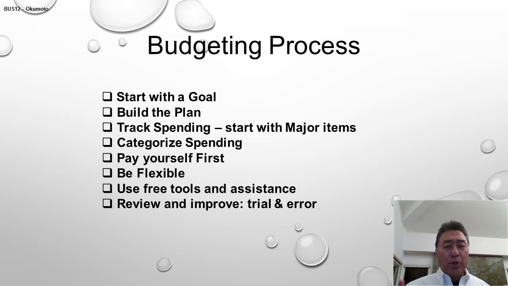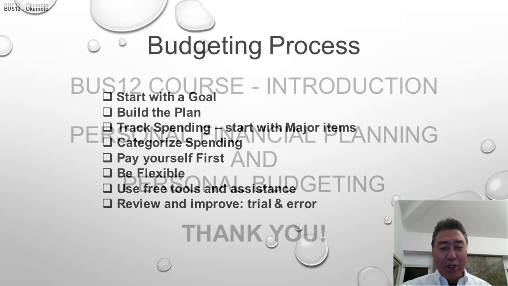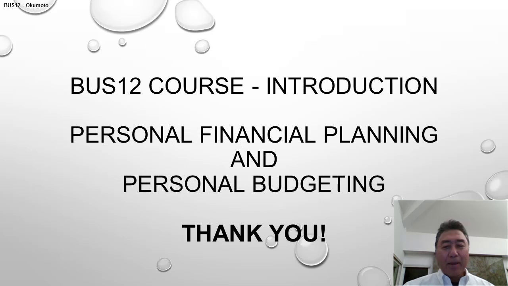And now that you've done this work and you've built your budget and you're tracking your spending, what you should be doing over time is going through trial and error, seeing how you can improve this budget. Once you see what you're actually spending against what you thought you were spending, you're going to get better at it. That's the whole idea of trial and error. You're going to forecast it, then you're going to see how you're doing in real life, and what you'll find is after a while, you're getting a really good feel for your budget number. And that's what's important, and that's what allows you to manage it.